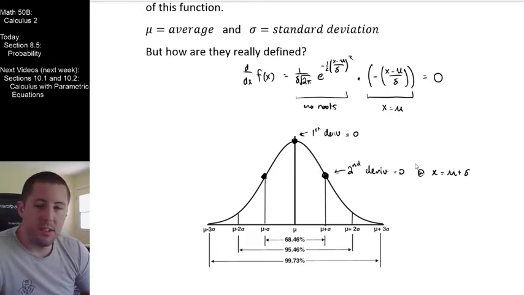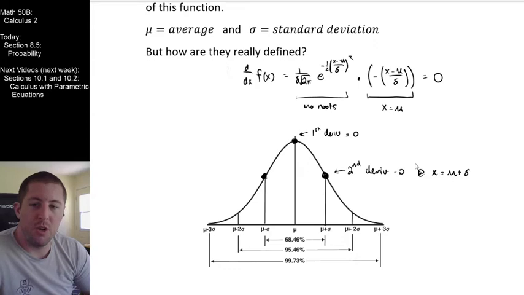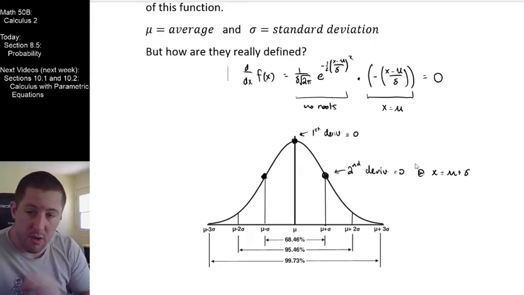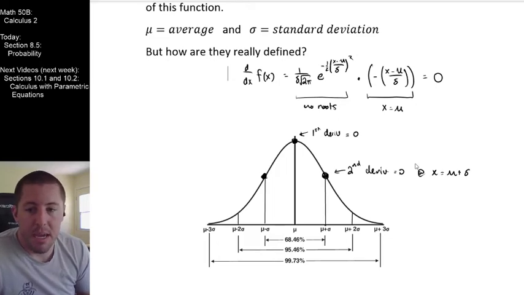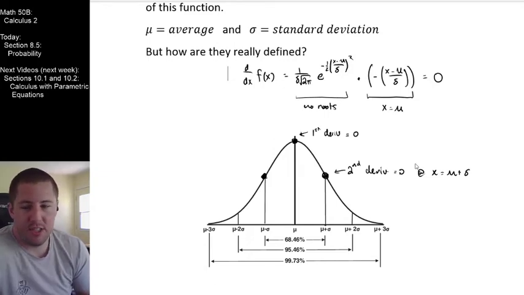So again, this is sort of our justification for you today that every single probability and statistics word you've ever used when associated with a continuous probability distribution function is actually a calculus definition. Mean, median, mode, expected value, average, standard deviation, all of these require calculus for us to actually be able to discuss them.